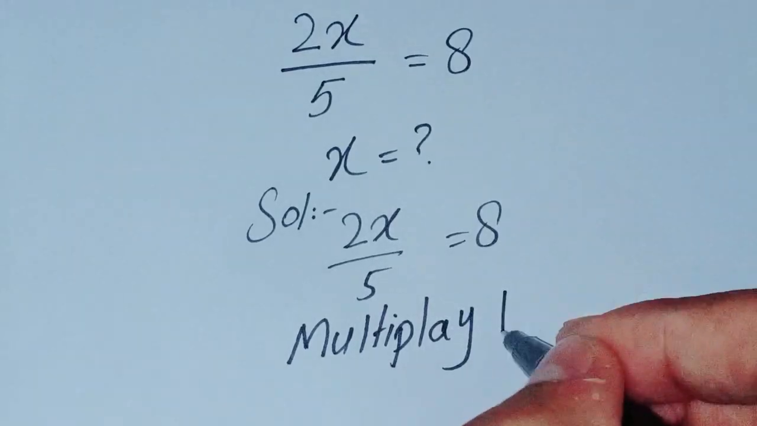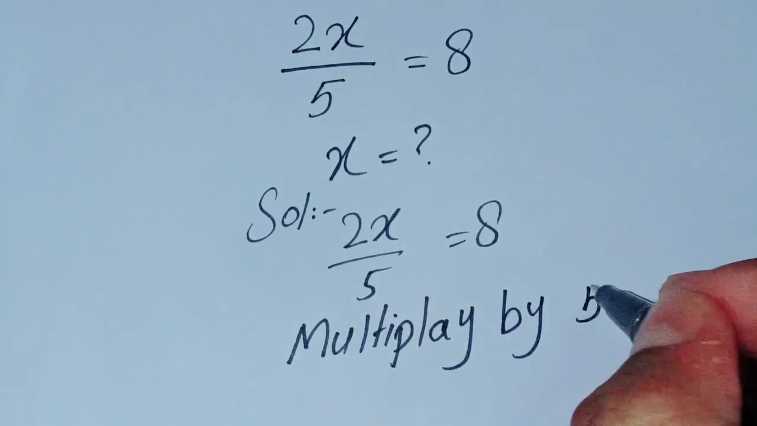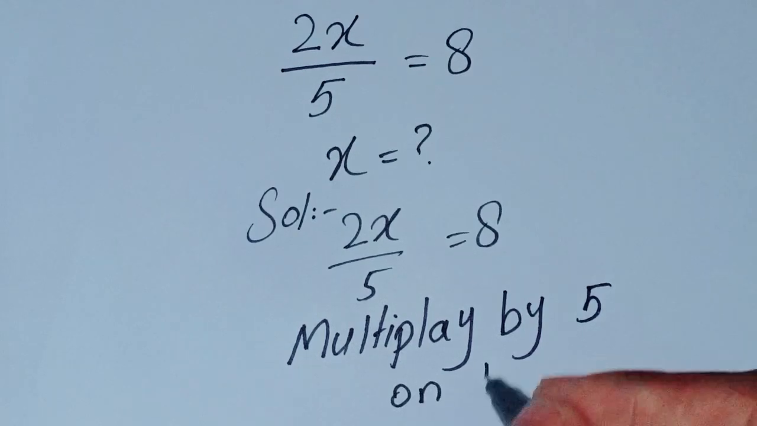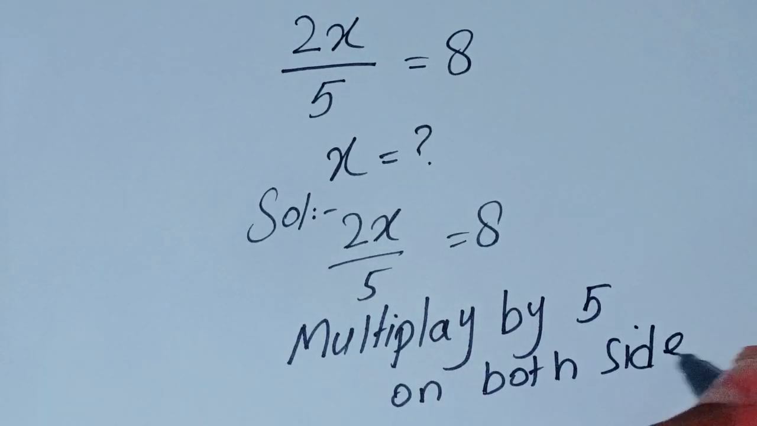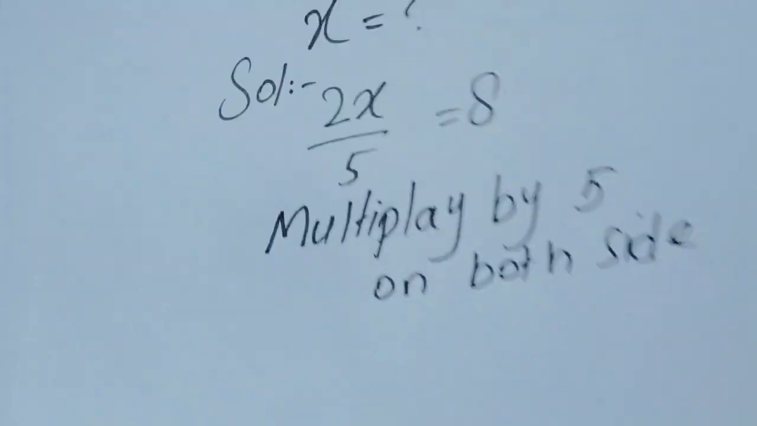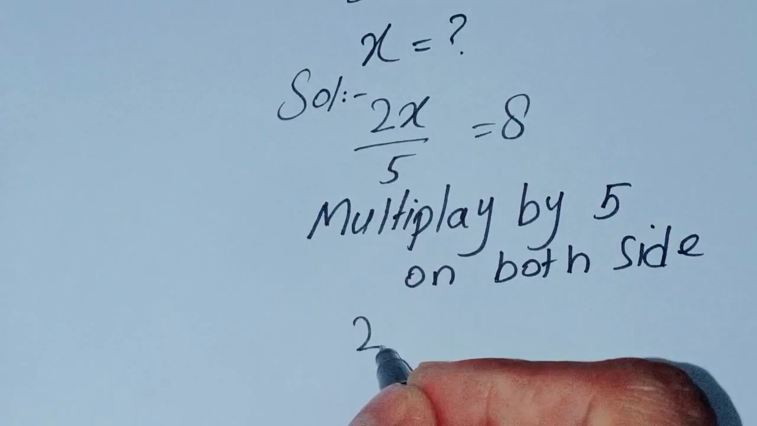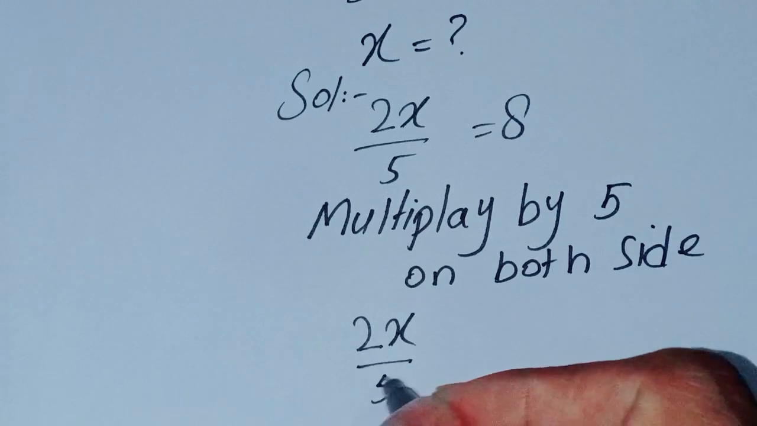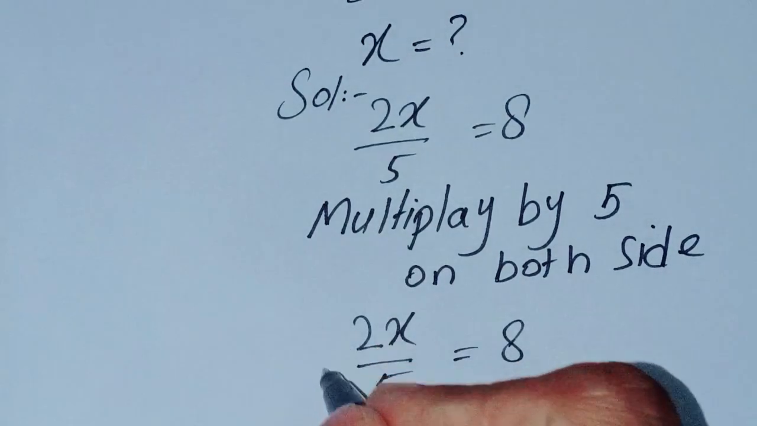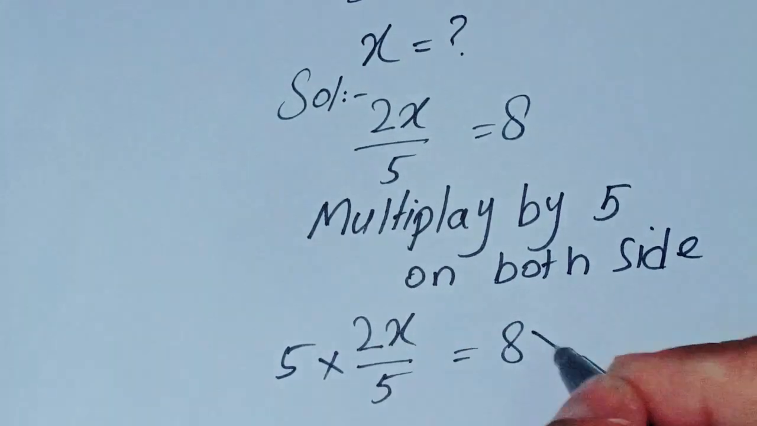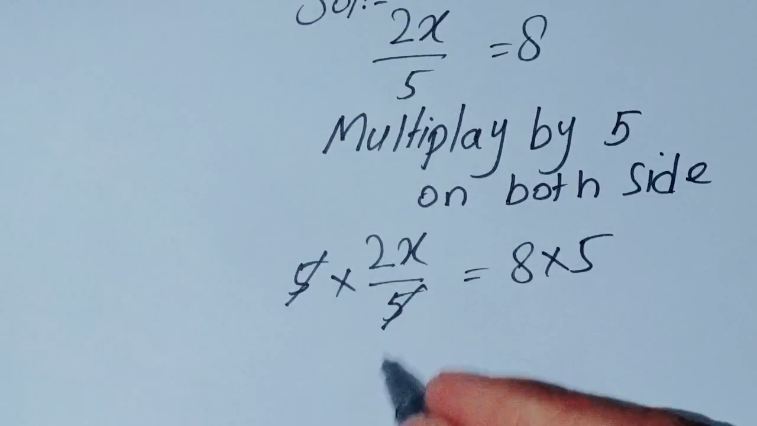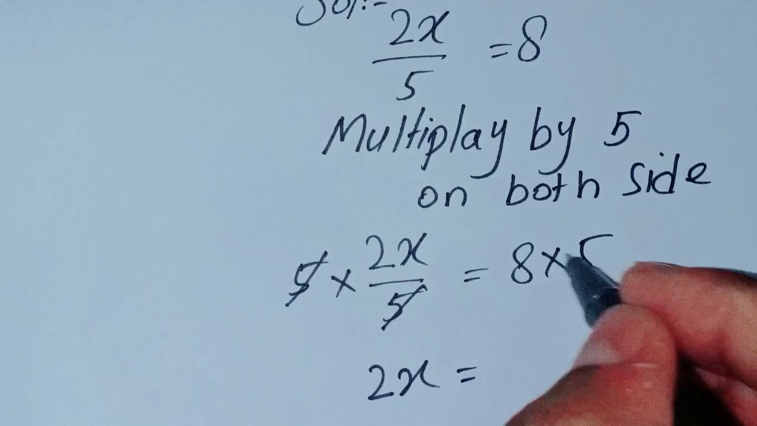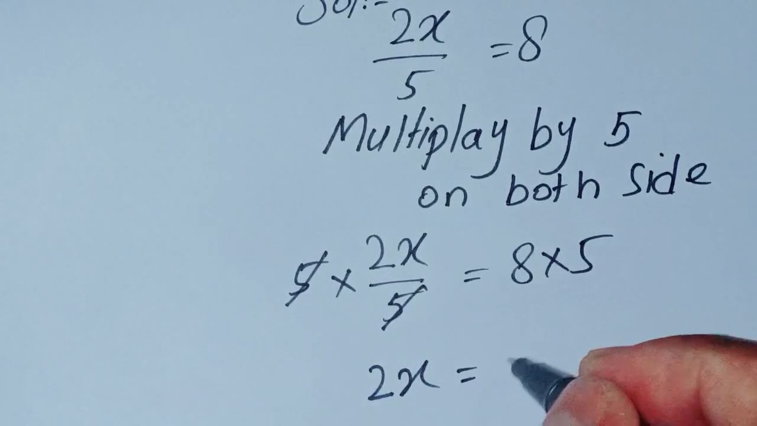Multiply by 5 on both sides. 2x over 5 is equal to 8. Multiply by 5, multiply by 5. The 5s cancel. 2x is equal to 8 multiplied by 5,